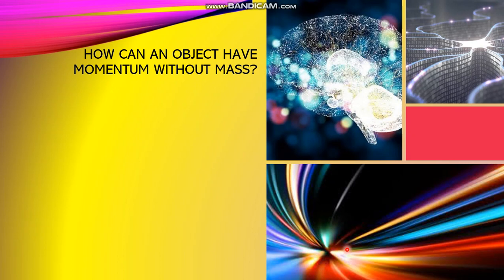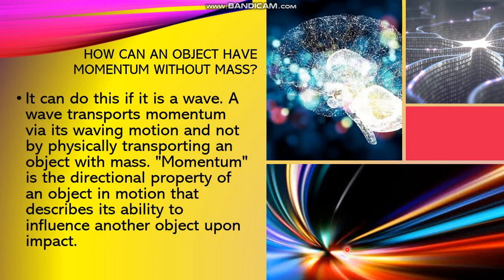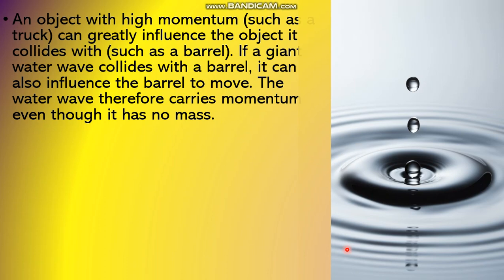As we know, momentum p is equal to the product of mass and velocity, so for an object having no mass, how can it be present or move? Then it can do this if it is a wave. A wave transports momentum via its waving motion and not by physically transporting an object with mass. Momentum is the directional property of an object in motion that describes its ability to influence another object upon impact. So, an object with high momentum, such as a truck, can greatly influence the object it collides with, such as a barrel. Again, water waves colliding with the barrel